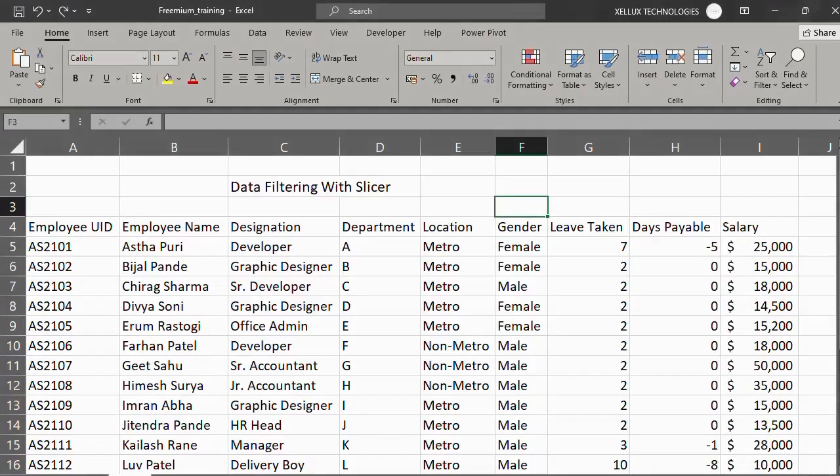Hello Xellux, we are learning three things today. One, styling our data. Two, creating a slicer. Three, filtering our data. So let's start from the first one,